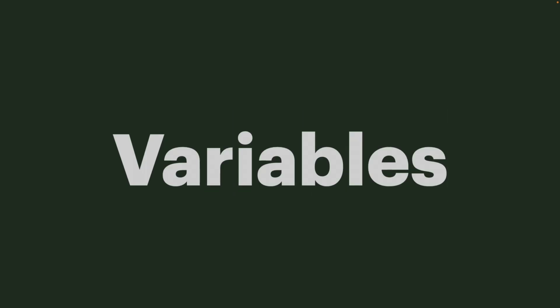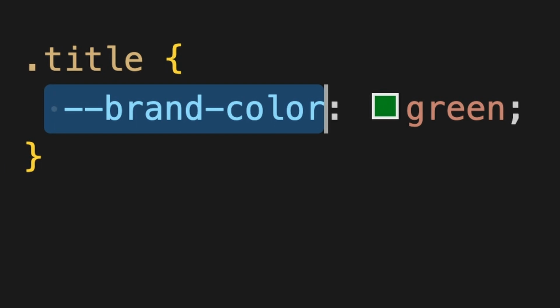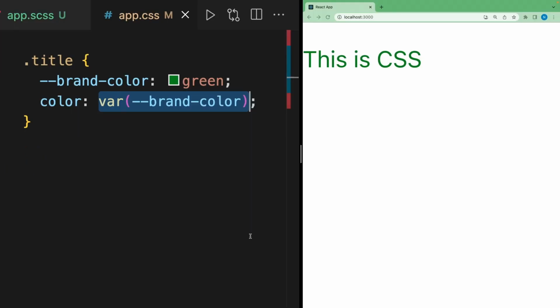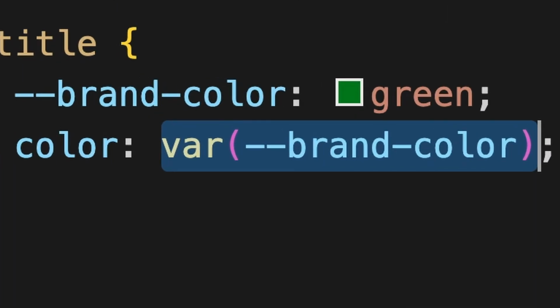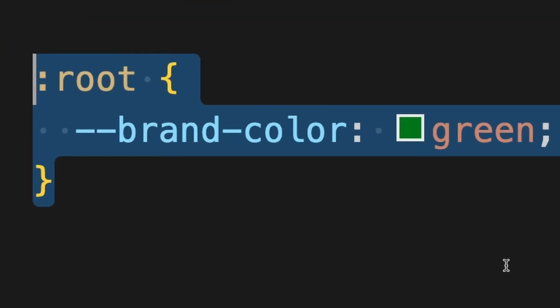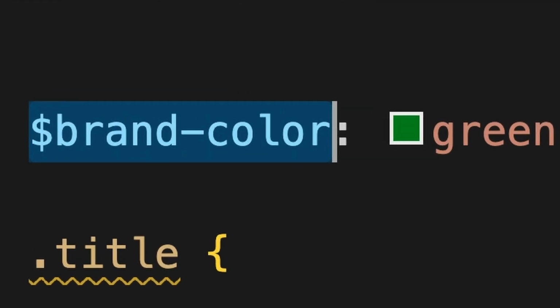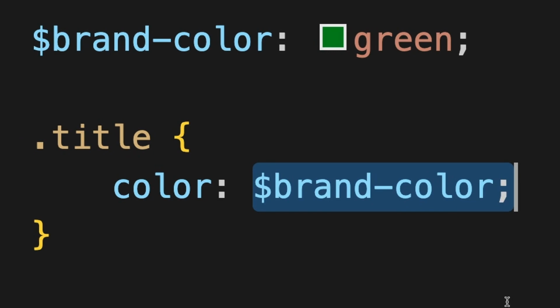First difference is how they both define variables. CSS variables can be declared using double hyphens before a variable name and can be used by writing variable names inside the var keyword. To define global variables, you have to write them inside :root and then you can use these variables in any file. In Sass, variable names are declared using the $ sign and they can be used by writing the $ sign